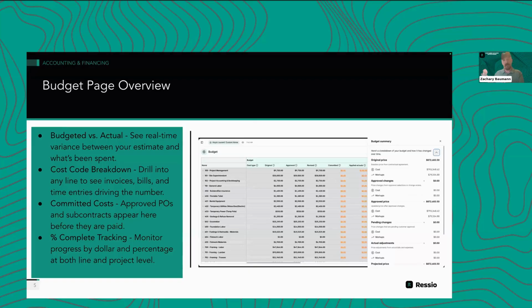Even if you mark them as do not invoice, these are the ones that you've approved and said this is the final step. If you're entering your bills and expenses and time into QuickBooks, everything pulls over to the applied actuals column. That doesn't pull over to the all actuals because they don't have draft states when they're pulling over from QuickBooks. So just something to be aware of there.